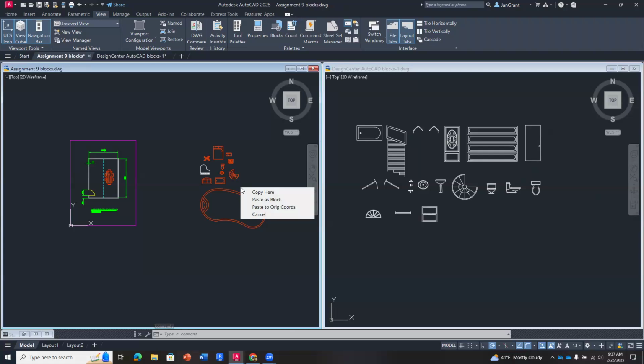See, now you have choices when you use your right mouse button. You can paste it as a block. You can copy here. So I'm going to paste it as a block, or you can paste it to the original coordinates, which is kind of cool. Sometimes when you have things that are set in a coordinate system, paste a block. You see what happens? I paste it as a block, and because I pasted it as a block, it actually went on the